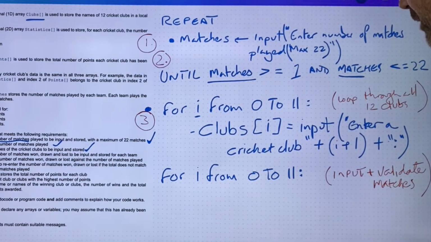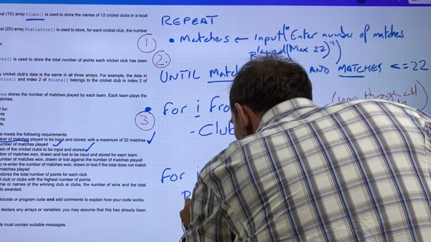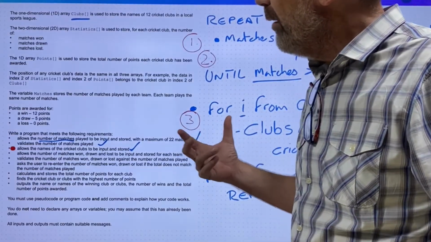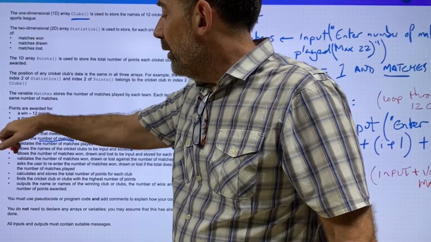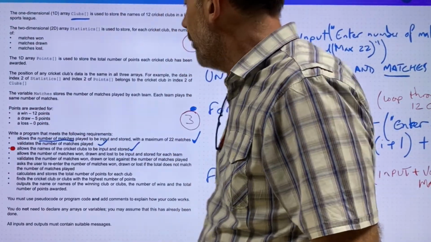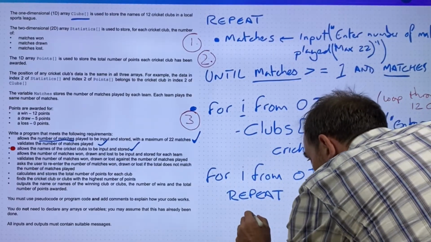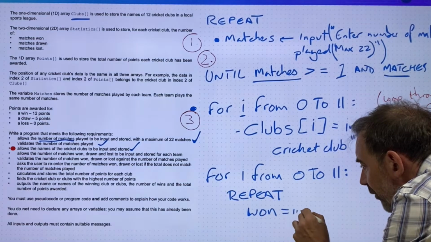So we're going to do another repeat until, I think it'll just about fit in. Step in and repeat. I'm going to repeat, but I'm going to create 3 variables now for win, lose, and draw. So won, loss, and draw. Okay, so I'm going to repeat. I'm going to create a variable called won, and 1 is going to equal input,